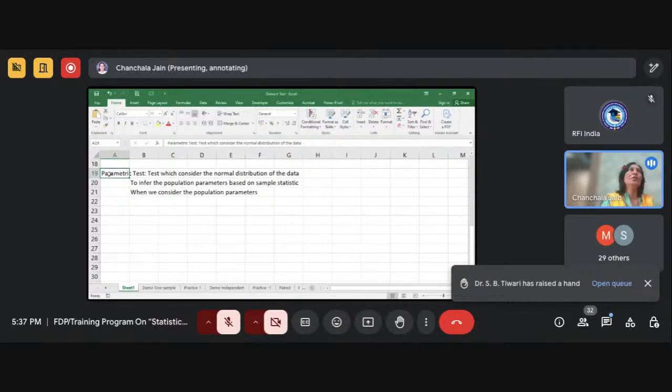When we are aiming to take an inference about the population parameters using the sample statistics, that means parameters are nothing but the characteristics of the population. So to assess the population characteristics, we consider the sample characteristics. In that case, we will use the parametric tests. Also, when we are considering the population parameters in our study, we can use the parametric tests. There are various parametric tests available, such as